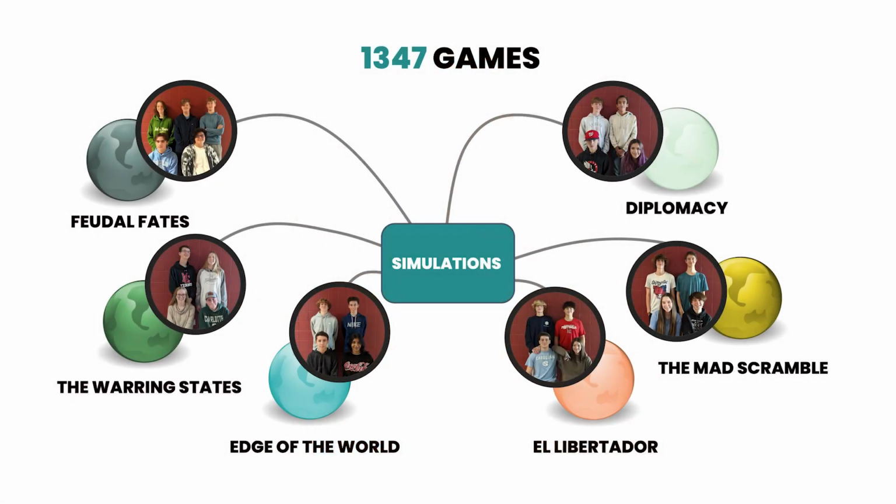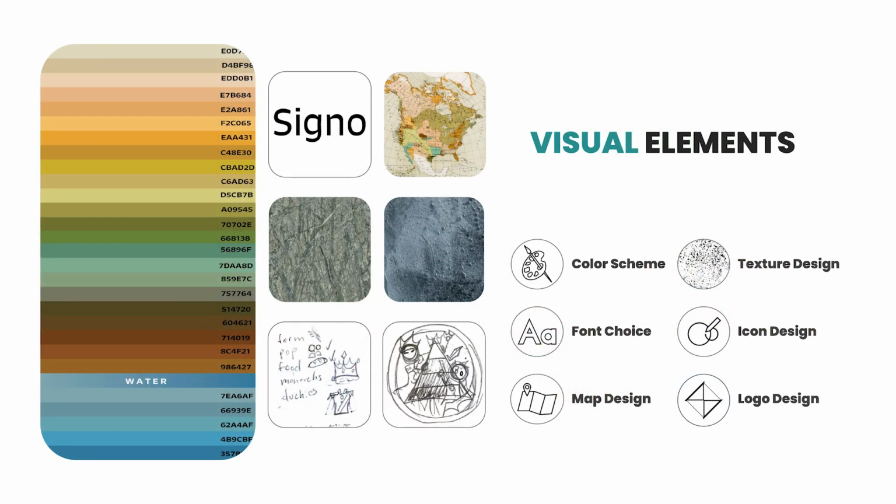As it stands, all the games are still in development and are all in need of concept art so that Mr. Pulaski can formally pitch the idea to Epic and move it into the production phase. That's where we come in. Our class was split into 6 teams, each tasked with designing artwork for each of the different simulations. We created graphical icons for food, money, and buttons used to start wars and upgrade properties.